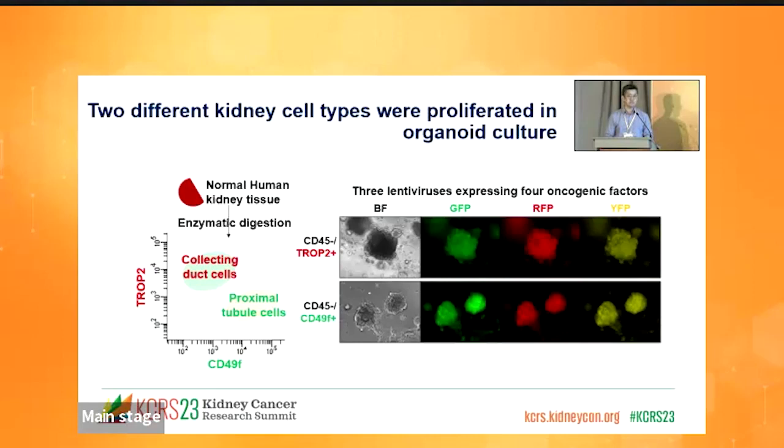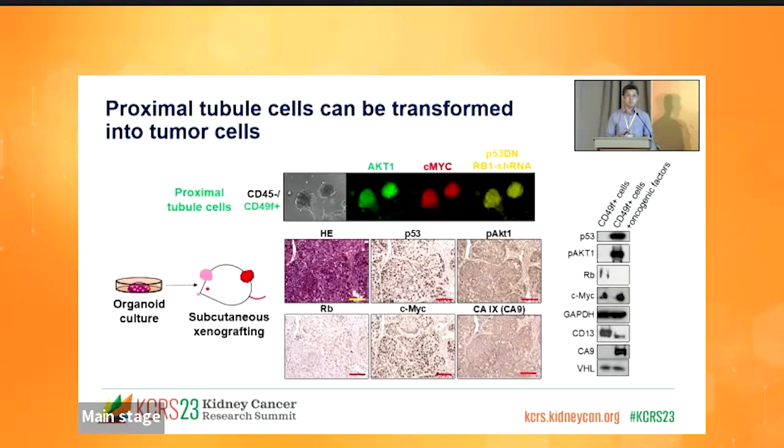So these 2 populations grow well in the organoid. They start with a single cell, they make a big chunk of cells in the organoid culture, and then they show the color. When we put the 2 different organoids into mice, only 1 cell type can make the tumor, the